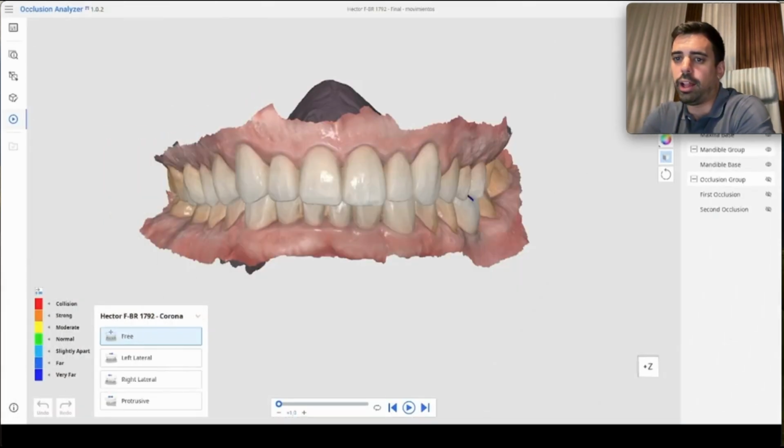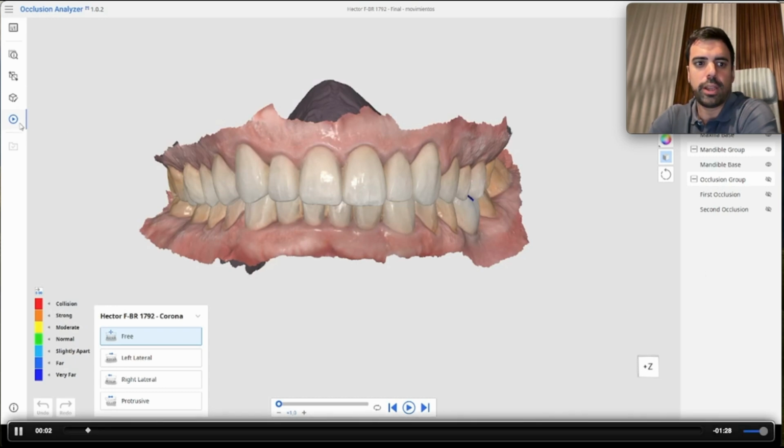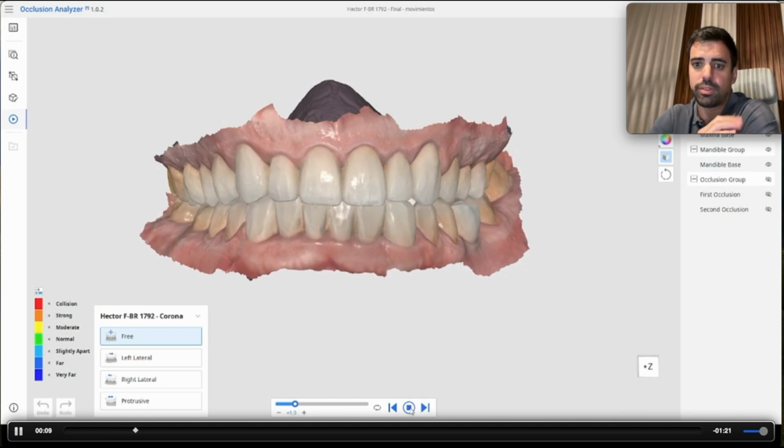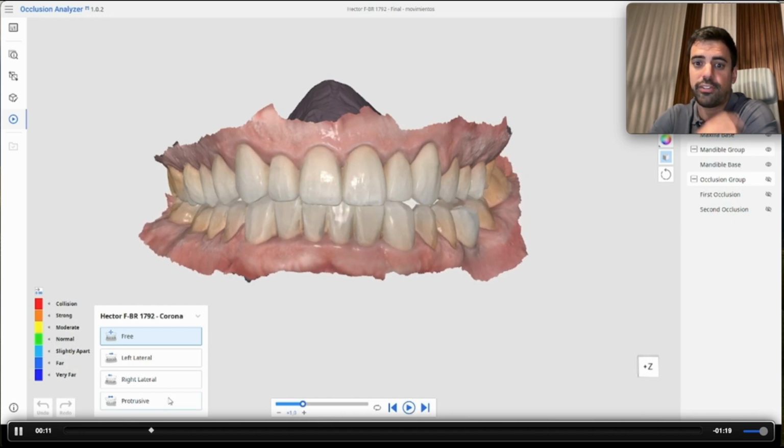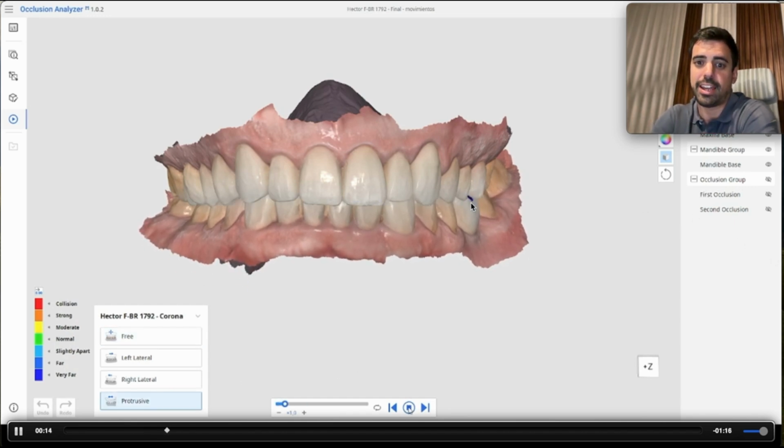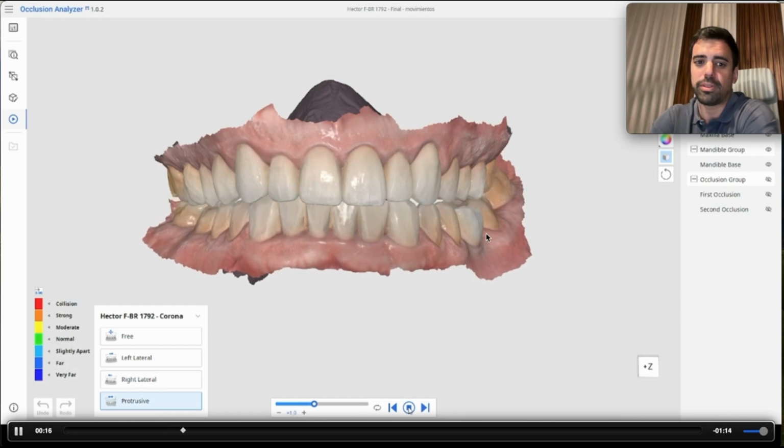And then how Medit helps us in this is after we've done the whole case, and after the placement, this is only the temporary, and I'm sure that I can place the final one here, is after they've done an occlusion analysis with the occlusion analyzer. So in this situation, we can ask the patient to open and close and have some scenario where we see how the bite is. And if the bite is not too heavy on that implant crown, it is important to see if it's not